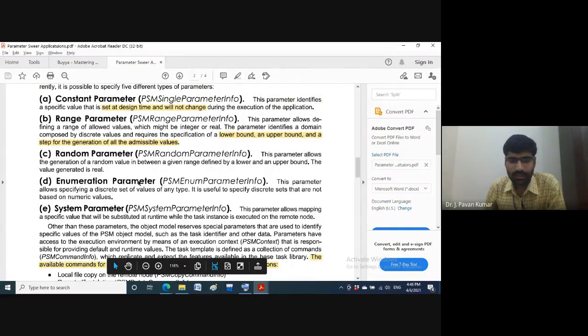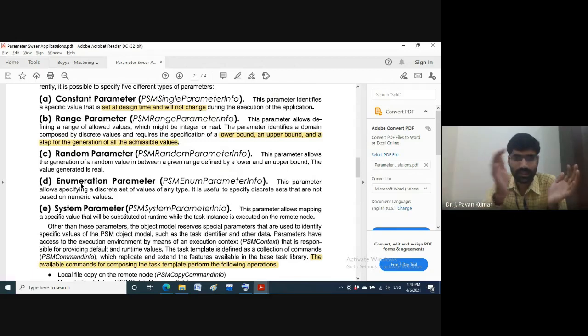I think in C language or in Java, you might have encountered this kind of enum data type, that is a user defined data type. From the existing data types that we have, we can take some discrete values and form a new data type. Like for symbolic names, we can give constants.